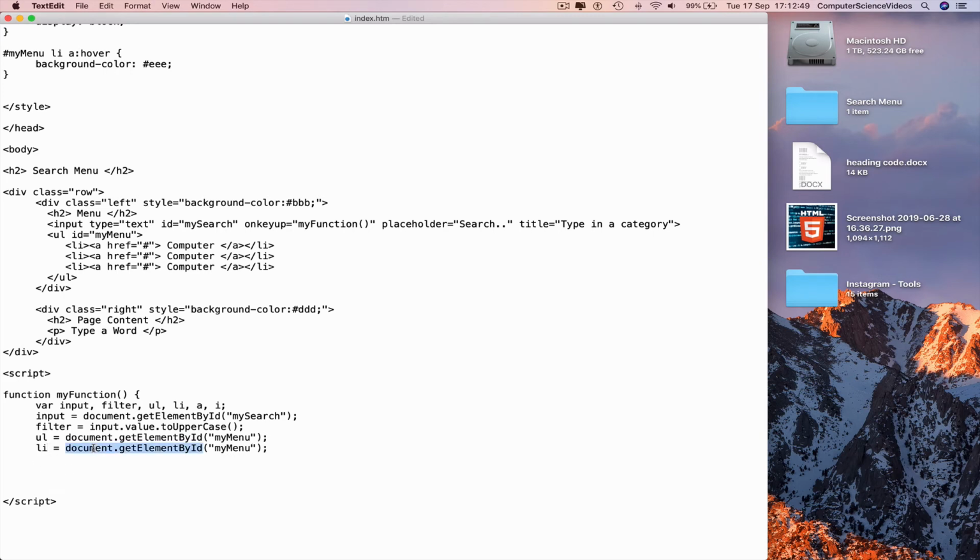Document will be changed to UL. getElementById will be changed to getElementsByTagName. My menu will be changed to LI. Ignore any spellings. Go to a new line and now insert a for statement for